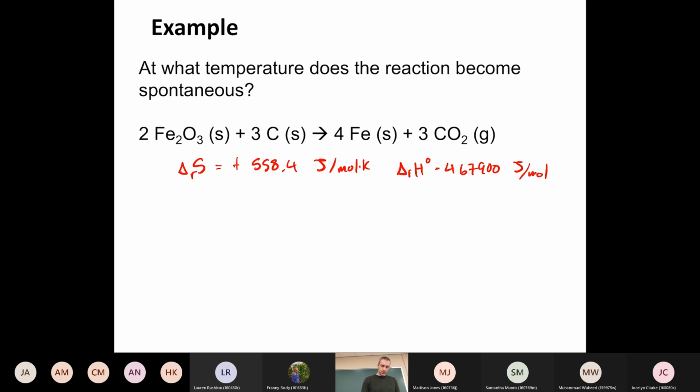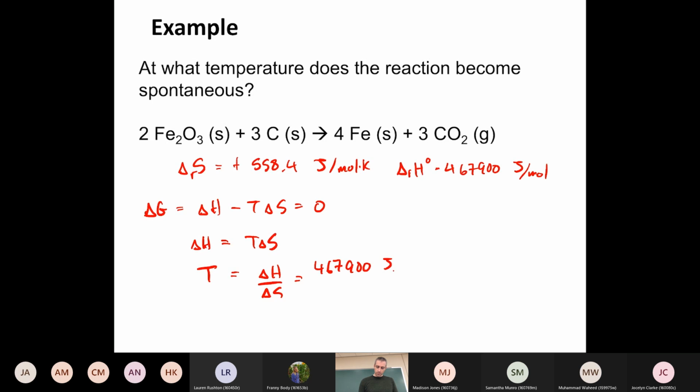So what we just need to do is use our delta G, delta H minus T delta S, and assume that when delta G becomes 0, we're on the cusp of this being spontaneous or not. That any temperature higher than the temperature required to bring delta G to 0 will be spontaneous. Any temperatures below that will be non-spontaneous. So set this to 0, that's our dividing line. We have delta H equals T delta S. And we would say that T is just delta H over delta S, which is